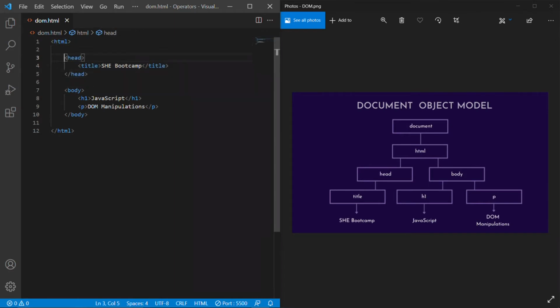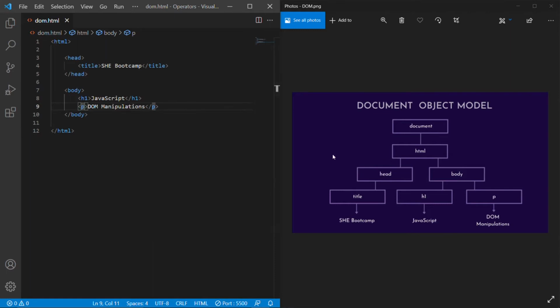Inside head we have title tag, and in title we have the content sheet bootcamp, and in body we have h1 and p tag. In h1 there is JavaScript and in p there is the content DOM manipulations. So this is the structure of our HTML page. So outermost is HTML, and in the second layer there is head and body, and in the third layer there is title and h1, p.